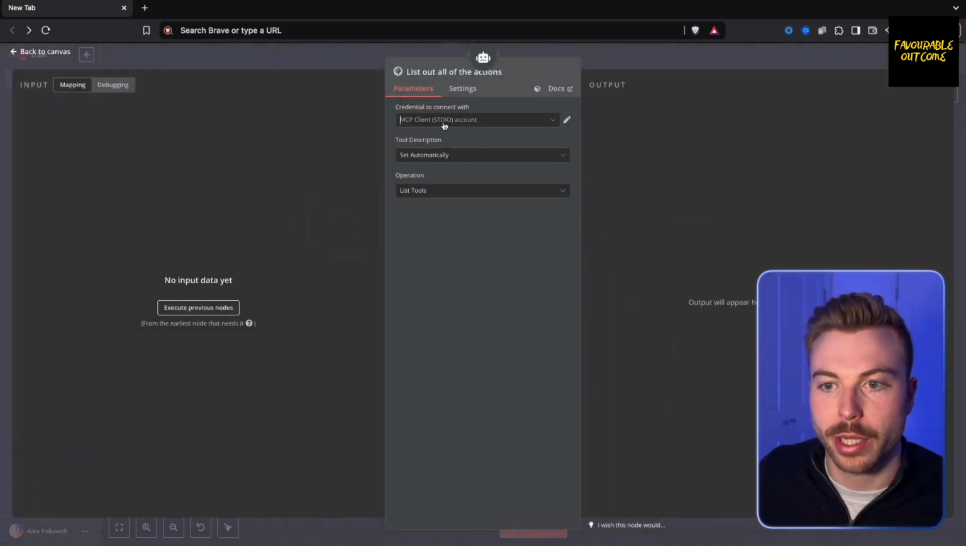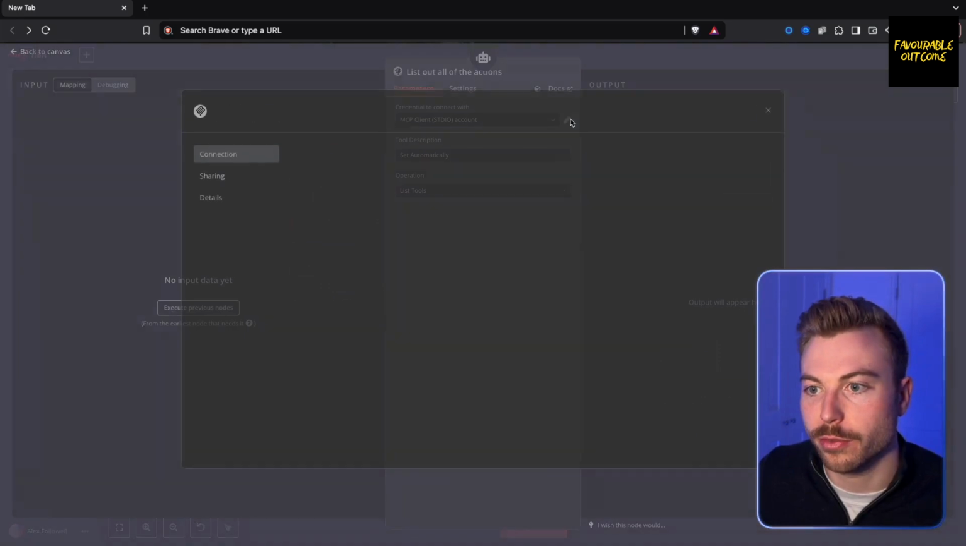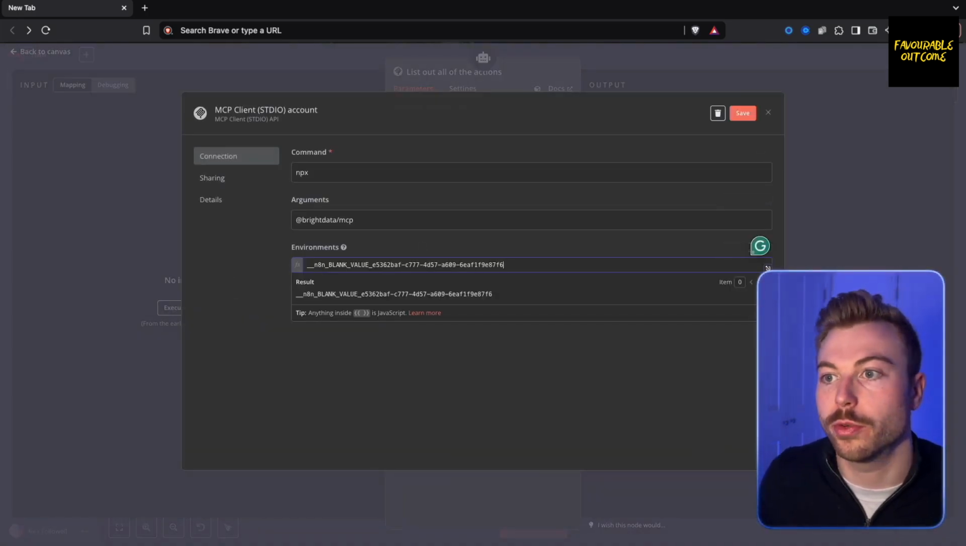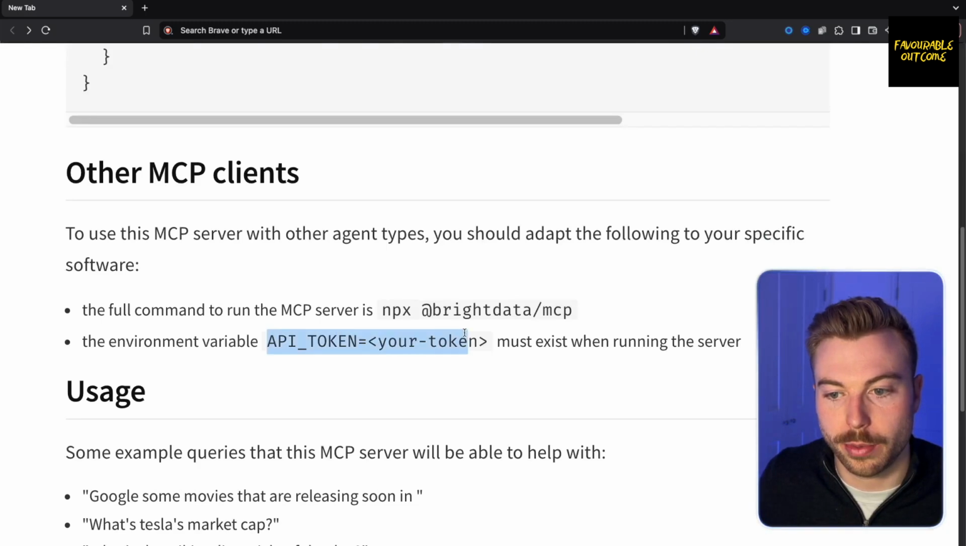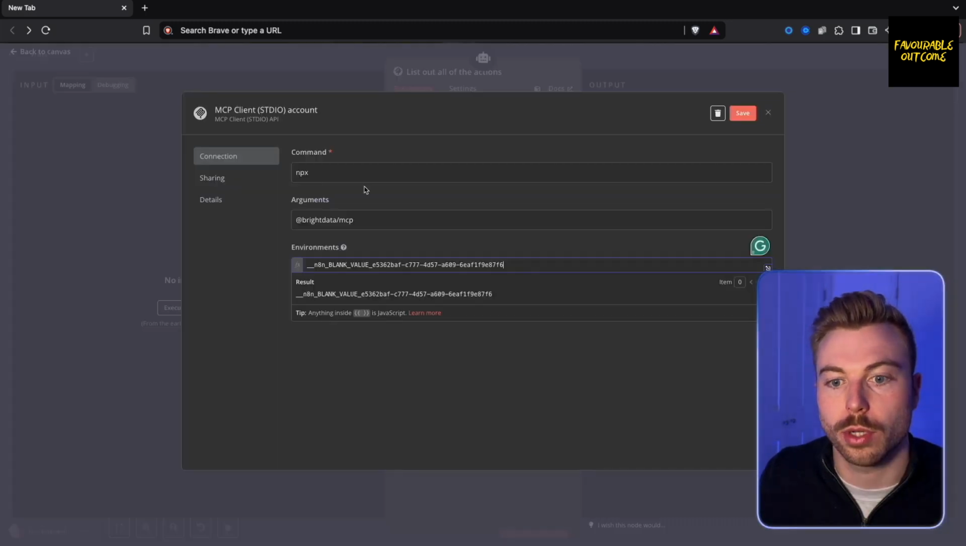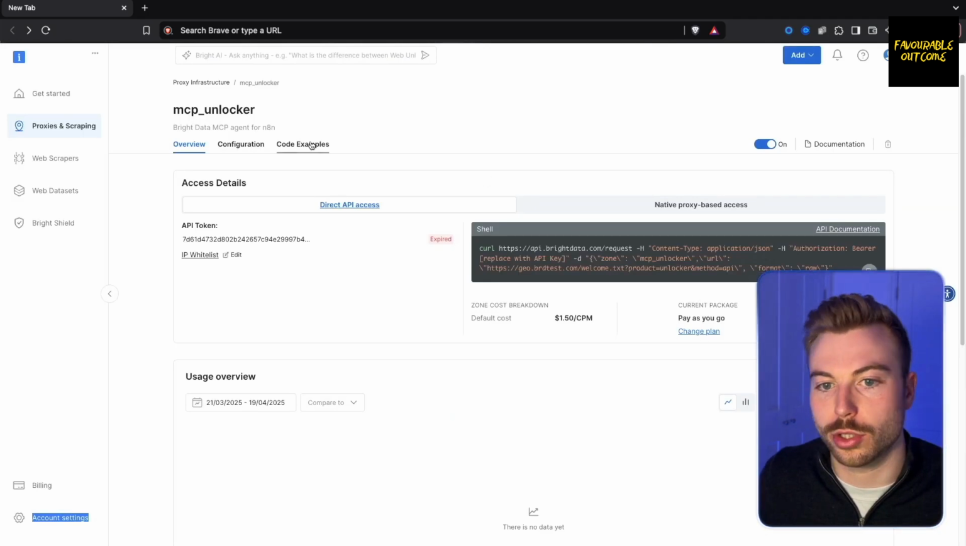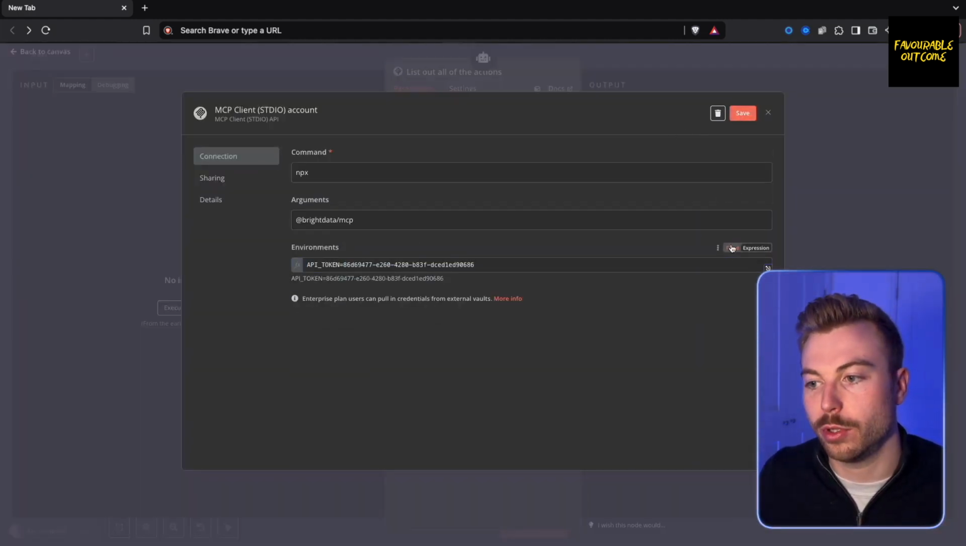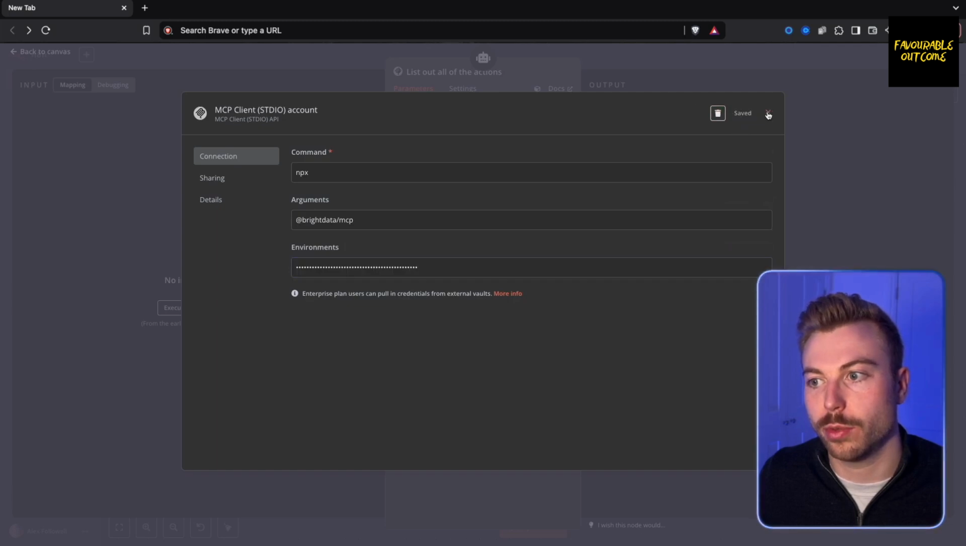That's because if we come back in here, we should actually have specified it down here, environment. We needed to do, if we come back across, we'll paste in API token equals your token. We'll come back in here, paste in there. And then we'll come back into Bright Data and just get our API token. There we go. We copy this, which is our API token for that specific zone. We'll come back across and then we'll paste in here. So there we go. Now, if we do fixed and saved,